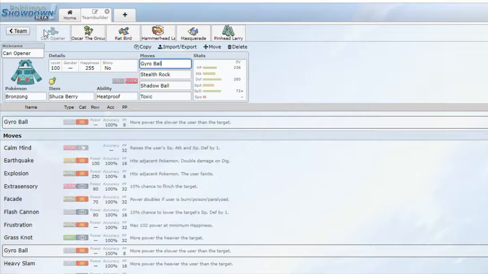So, of course, the big looming threat on this team is Kyurem Black, which is able to just come in and wall break with incredible power. So obviously you never want to let that thing in, and I do have a lot of tools on my team to prevent that from happening, as we'll see. So first off, I'll start off with my